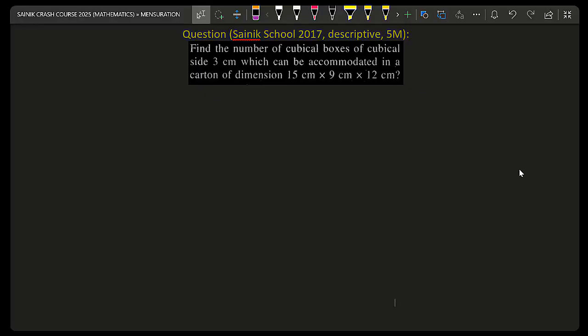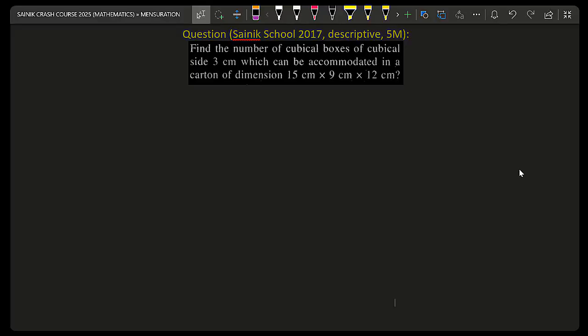Okay, how to find the number of cubical boxes which can be accommodated? Did you understand the question, Neeraj? Yes, sir. There is a big carton which is cuboid shape and the dimensions are given. Some small cubes we are going to insert into it. How many cubes are possible? How to find it? Sir, divide. Divide what? Sir, volume of cube by